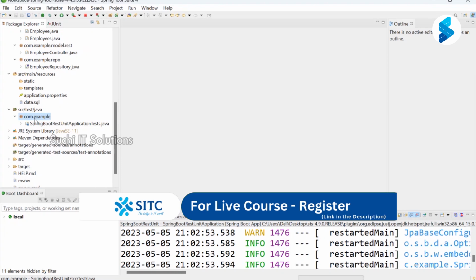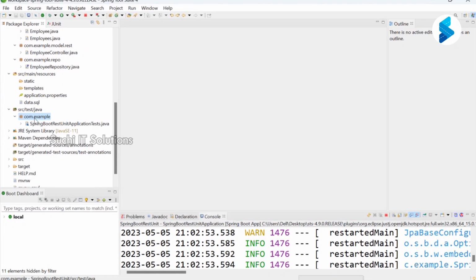Now let me write here. Just start with the employee controller, the Spring Boot controller for which we will be writing test cases. The controller has a dependency on the employee repository. And here we have one method called add employee, or maybe we can use